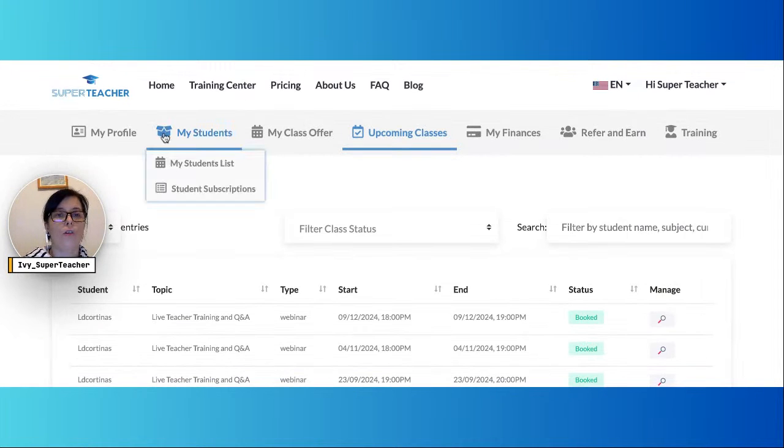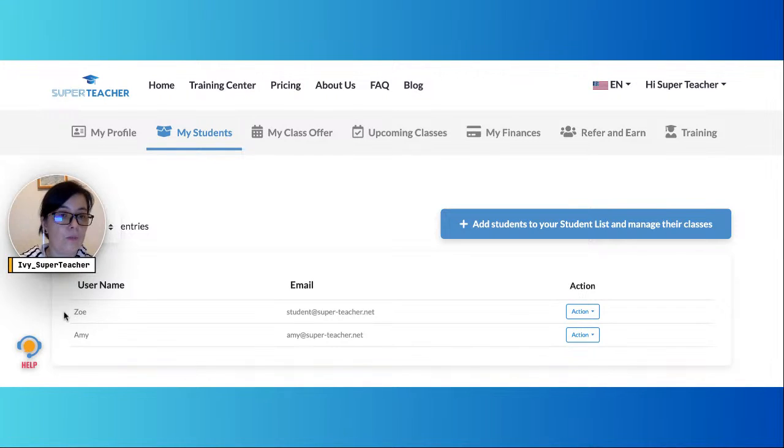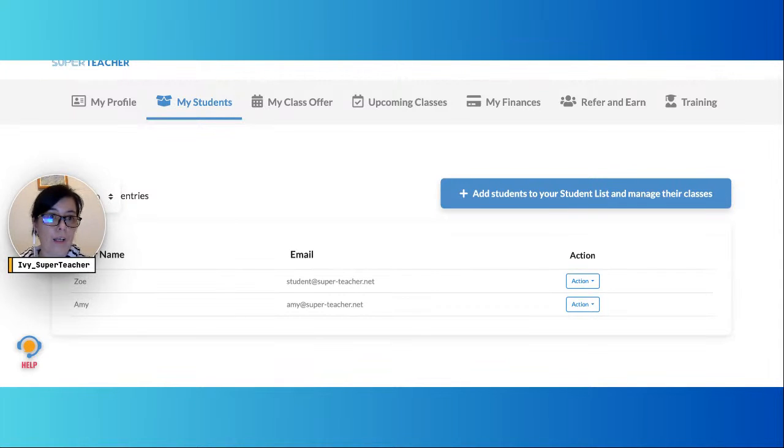Okay, so this is your SuperTeacher dashboard, and the second tab says My Students. If I click here, you can see my students list because it's just a demo account. But if it was for real, you would see Fiona listed here. The student's name will show up on my students list. So they just got your free resource, right? They got the flyer, and then they signed up. They maybe already booked the class or not, we're not sure yet, but you got their contact.